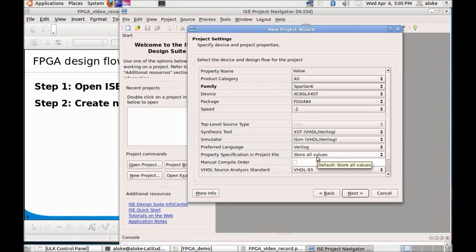We need not change anything in this next setting, and if you are using VHDL, you can select whether you want VHDL-93 or VHDL-2000 or 2001 settings. For us, since we are using Verilog for this demo, this option doesn't matter. Let us now click on